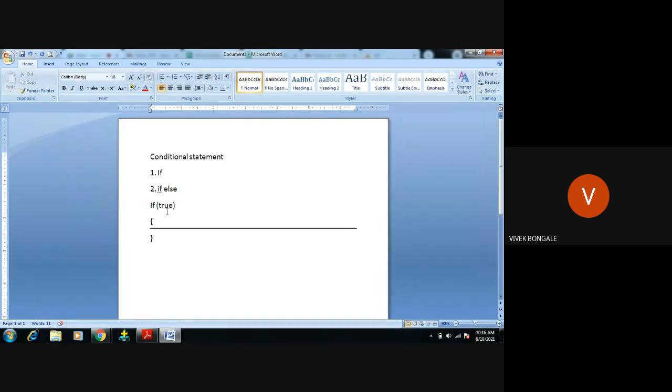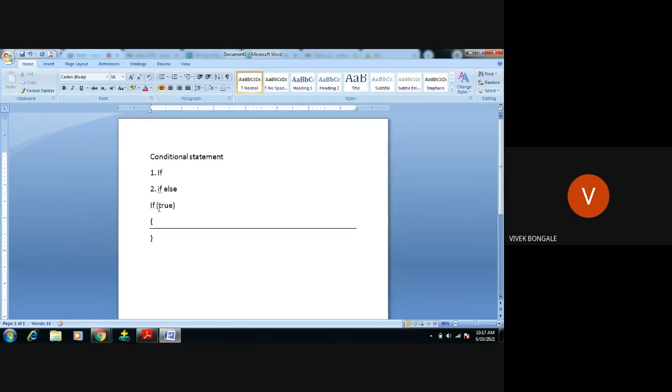If it is not satisfied, then this will not execute. The controller will skip this part if it is false. So in any conditional statement, first we initialize the value, then we give the condition. If the condition is satisfied, some increment or something will be executed. That is what an if is.